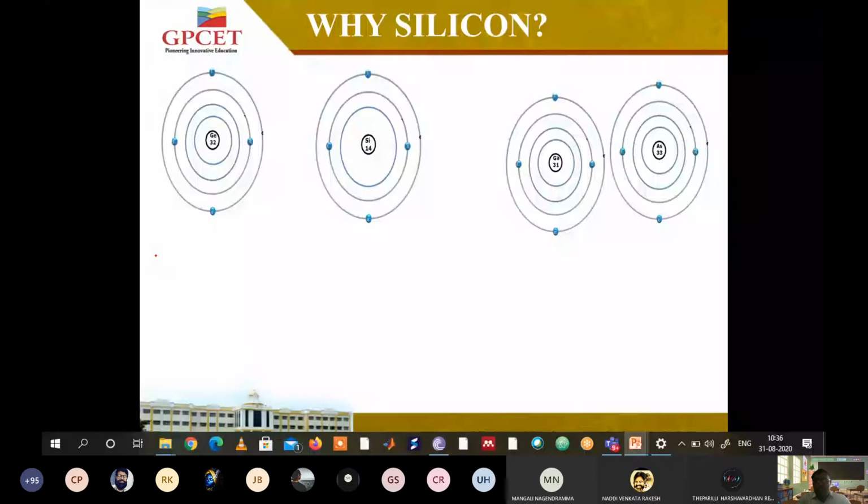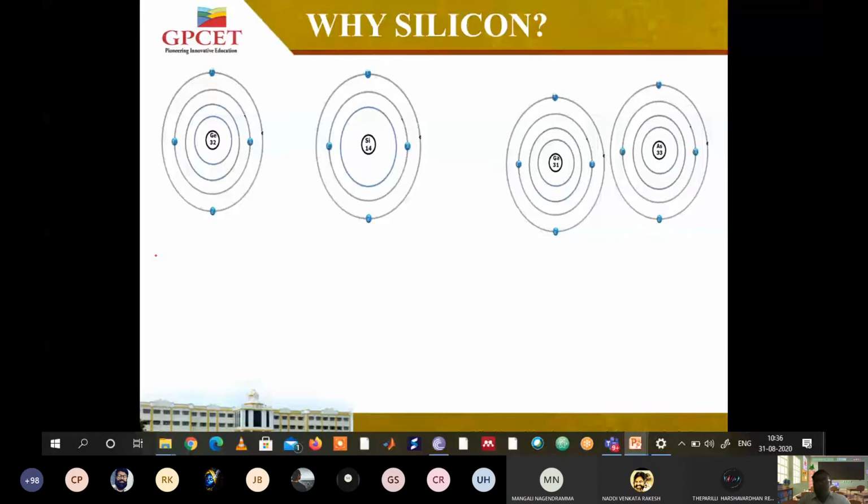Atomic structure: we have discussed the atom, which is a combination of a nucleus and electrons. Electrons are revolving around the nucleus, and we studied important points like attraction forces, energy possessed by each orbit, and the composition of the nucleus. The nucleus is a combination of protons plus neutrons, acting like a positively charged particle, and electrons are attracted towards it and revolve around it, similar to a solar system.